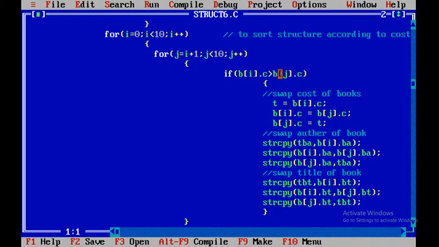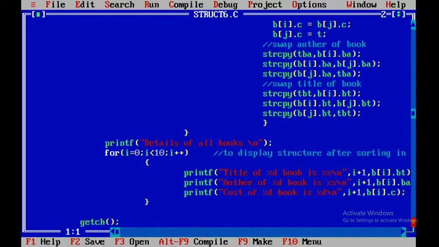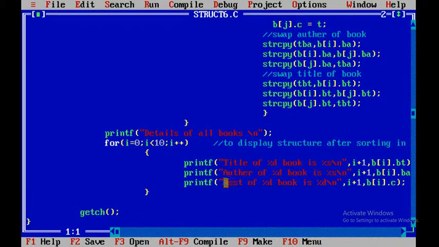Here though we have to sort in ascending order of cost, while writing the condition we are just taking the cost parameter, but in the structure along with cost we have to swap all other parameters as well. So here we swap cost, then we swap author, and then we swap title, and finally using this for loop we display all the book details after sorting the structure according to